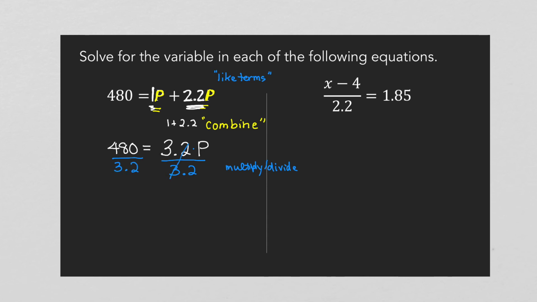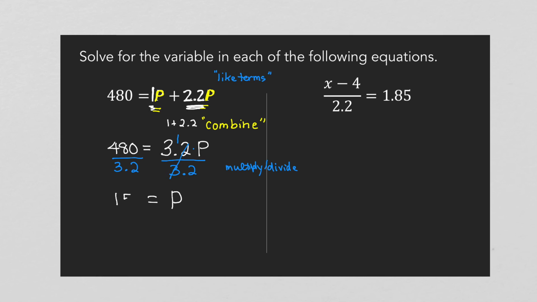So I'm going to cancel 3.2 divided by 3.2, and that's 1 on the right times p, which is just p. And on the left, I have 480 divided by 3.2, pulling out our calculators,